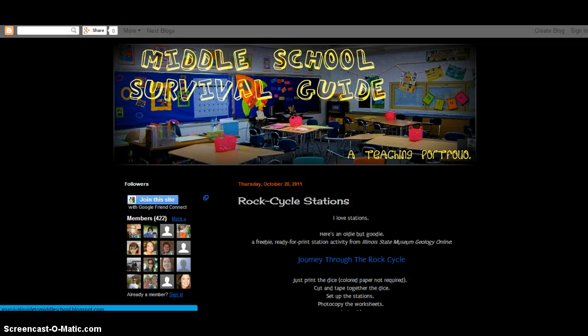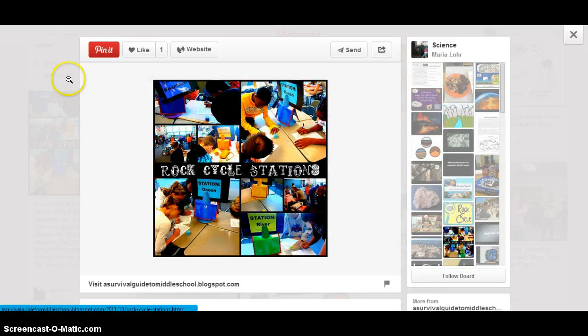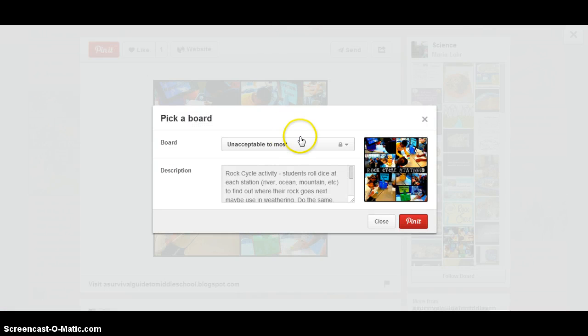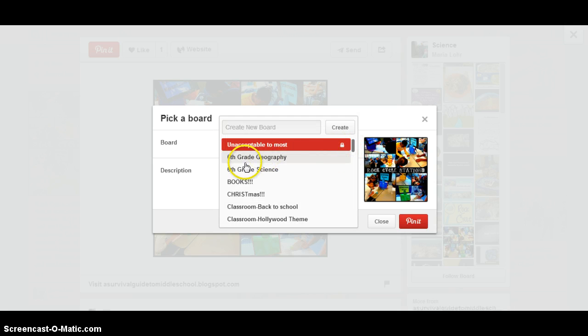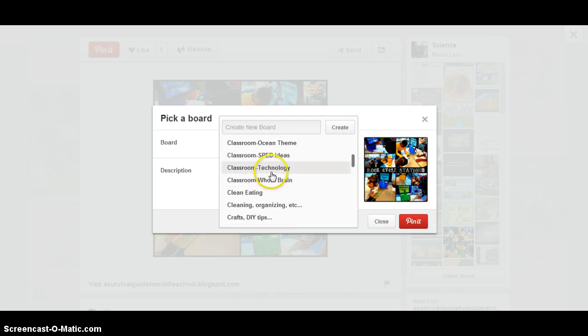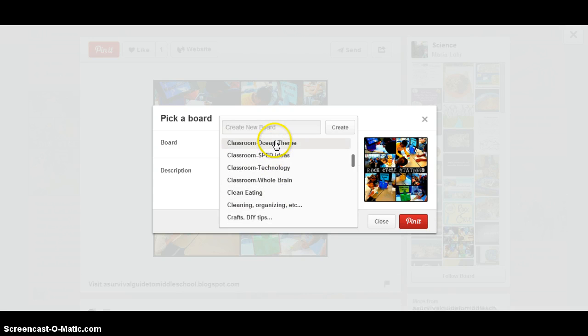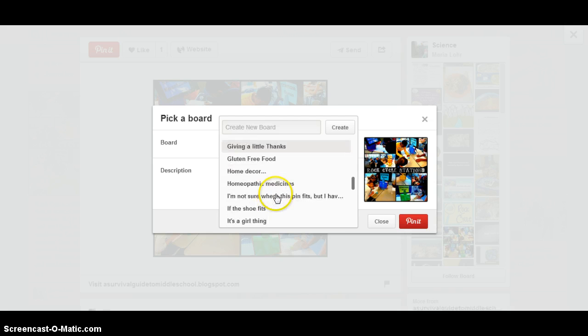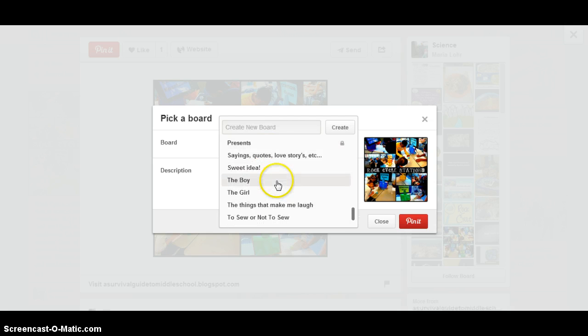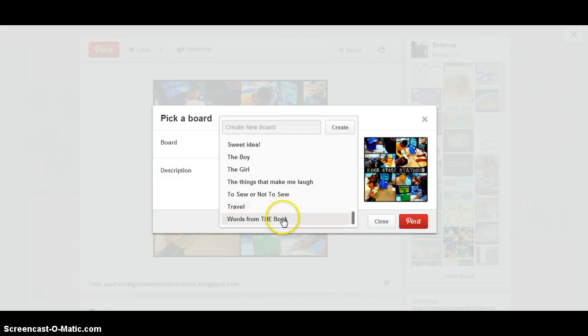What I would do is I can exit out of this, and I really like it, so I'm going to pin it. Now, I do have a board unacceptable to most. That's really funny that that's the one that came up. I have different boards here. I have my 6th grade geography, and you can see this one's locked, so most people can't see what I think are unacceptable to most. 6th grade geography, 6th grade science book, Christmas. I have classroom themes, whole brain teaching, clean eating, and I have all these things, and these are personal, some